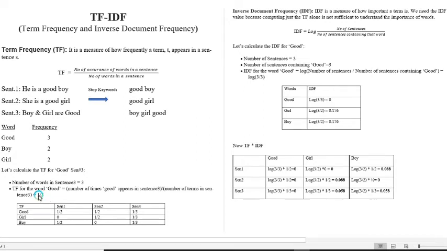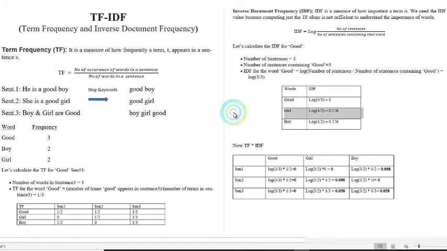So it will be 1 by 3, and we assign the value here. Similarly, you can find it for sentence 2 and sentence 1 as well, and also for girl and boy. After getting these TF values, we'll find the IDF, inverse document frequency, and finally we'll calculate TF into IDF to convert these sentences